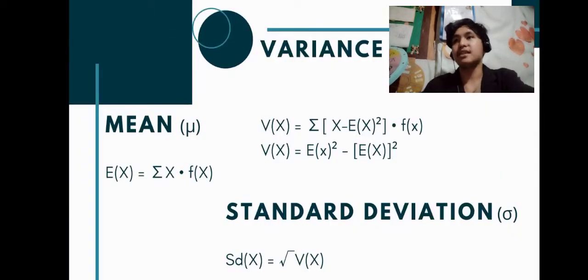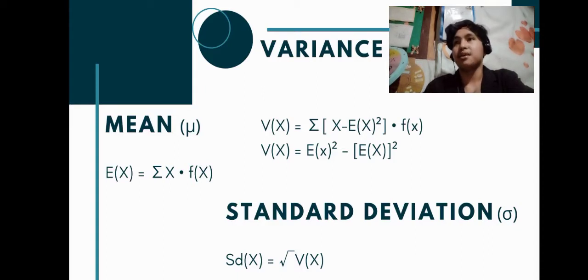First, in order for us to find the mean, which has the mathematical symbol mu, we have the formula E of X is equal to the summation of x multiplied by f of x. And in order for us to find the variance, which has the symbol sigma squared,